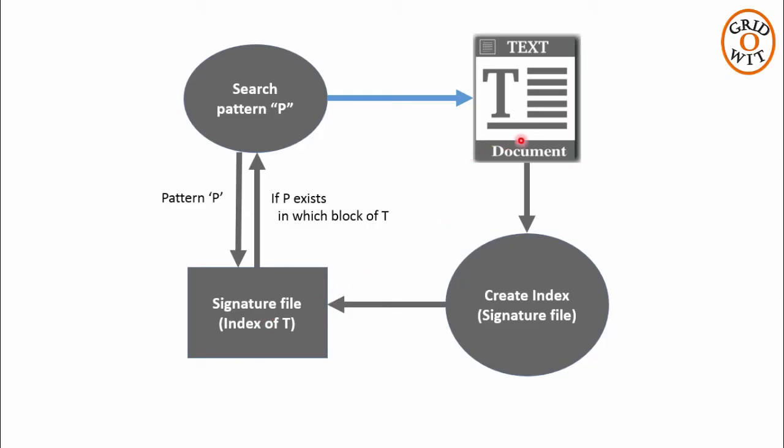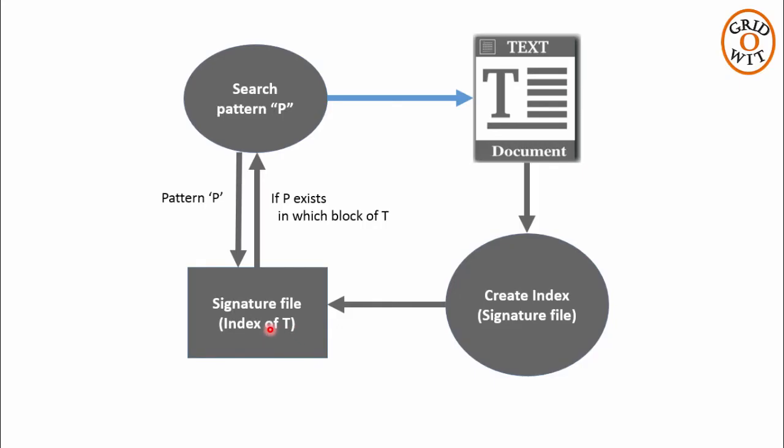From this, you might have got some idea that while creating the signature file, the whole text will be divided into blocks. Though the time complexity of searching in a signature file is linear, the constant factor is very small. So for not very large text, we can use the signature file as an index. Otherwise, we have a better option, that is the inverted index.